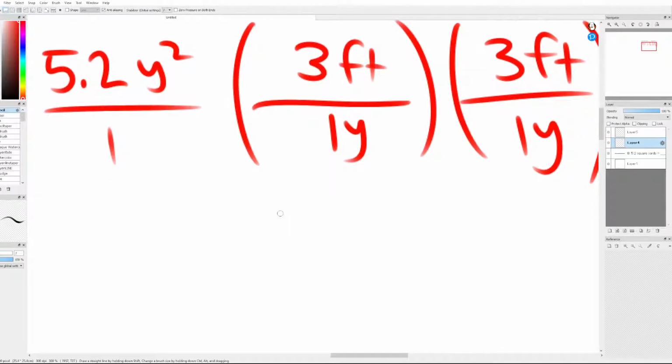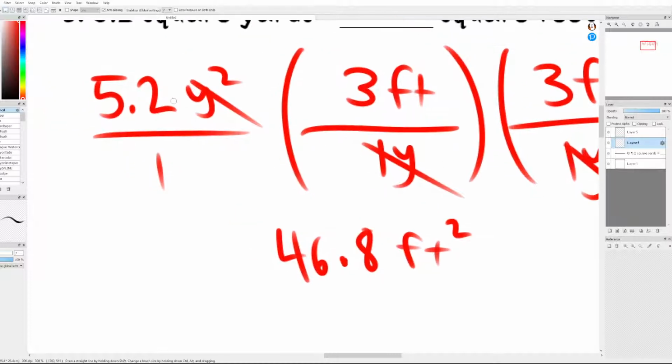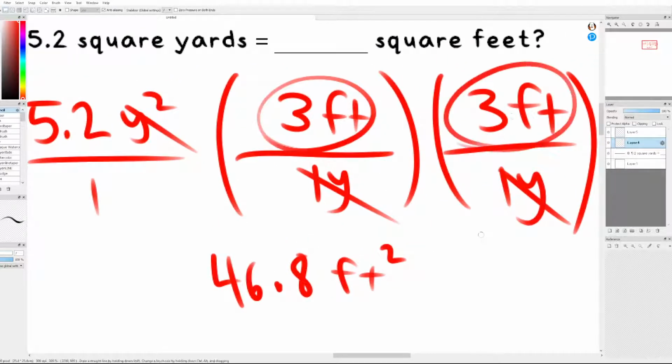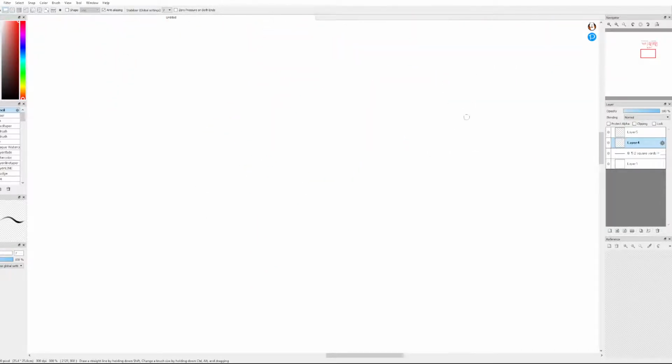And then in this case, we get 46.8 feet squared, because the yards cancel out for each, and that leaves you with 5.2 times 3 times 3, which will give you 46.8 feet squared. However, for the more in-depth explanation,